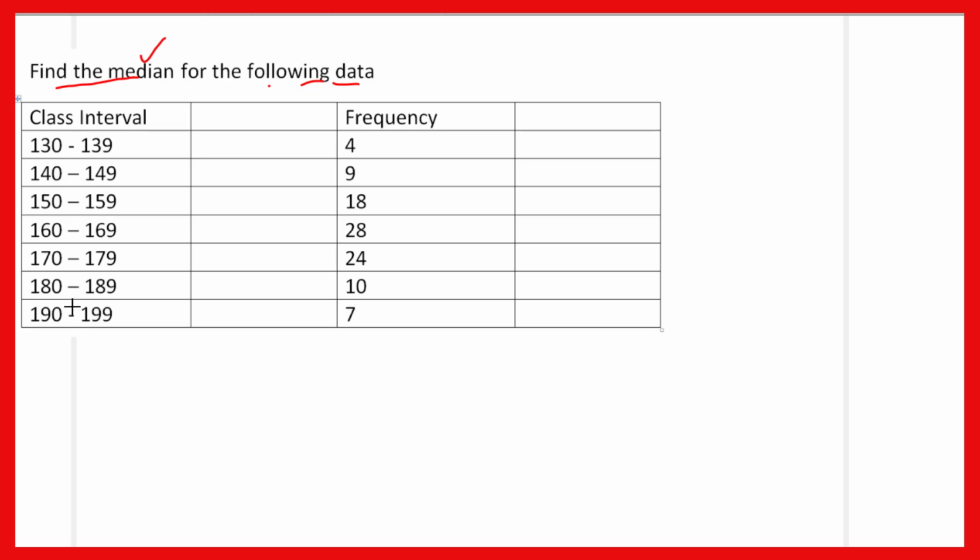Friends, here to find the median, we know that we require the class interval in a continuous manner. So this is not a continuous class interval, 130 to 139, then it is 140 to 149, then 150 to 159. So it is not continuous. So to make this continuous, what we do, we first subtract 0.5 from the lower limit and add 0.5 to the upper limit, and so we get the new class interval, that will be 129.5